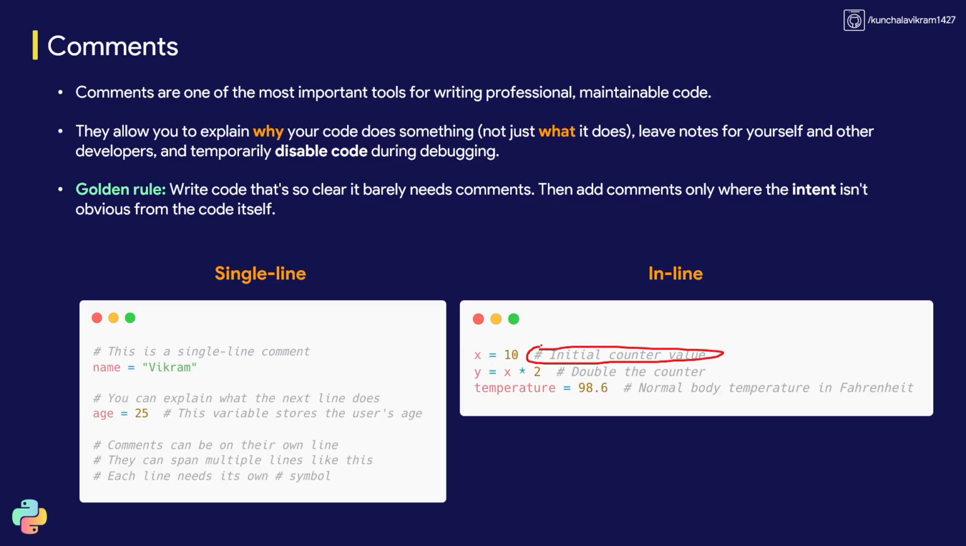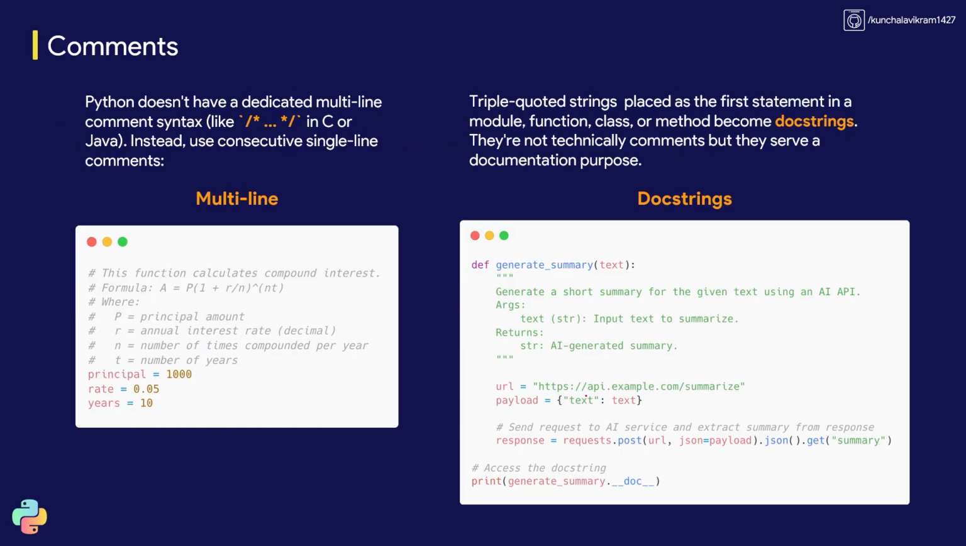and then you add the comment inline. So here, I'm saying it is the initial counter value. Similarly, for this y, I'm just adding a comment inline. Similarly for temperature. And there are multi-line comments. Other programming languages like C or C++ have different ways of writing multiple lines as comments. For example, this is a syntax that we usually see in the C language. But in Python, if you have to write multi-line comments,